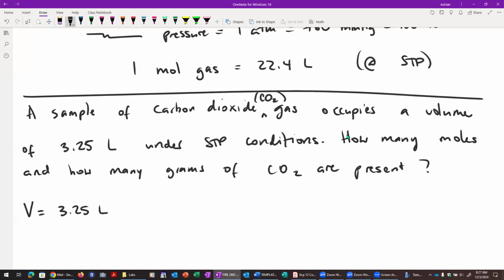And the key thing in this question is that it tells you that it's under STP conditions, right? So in most cases, there are little clues in the question that will lead you to the most appropriate relationship or equation that you need to use. So the fact that it's telling us STP conditions is our clue here that we might need to use the molar volume relationship,